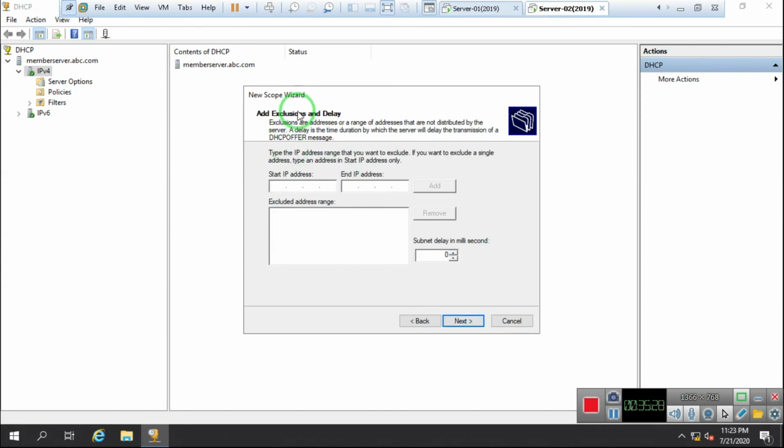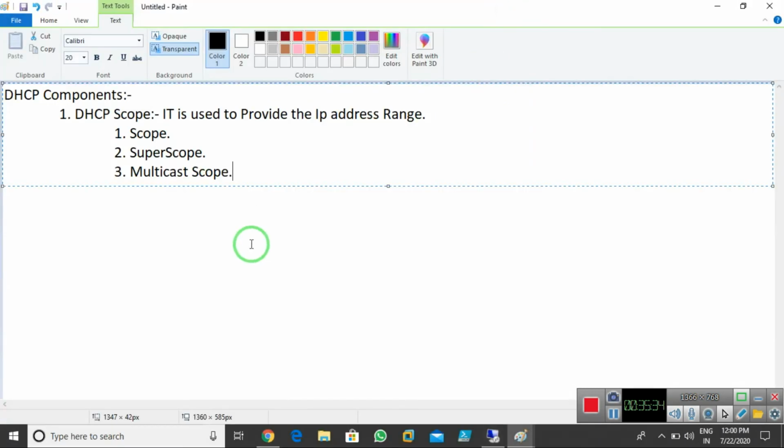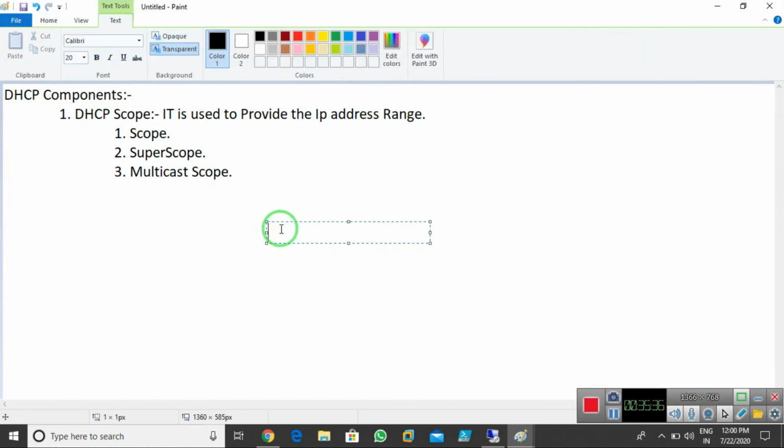Now they ask for exclusion. Exclusion means if you want to revoke IP addresses. Imagine that I define the range 10.1.1.3 to 10.1.1.25. So in total we can provide 22 IP addresses.